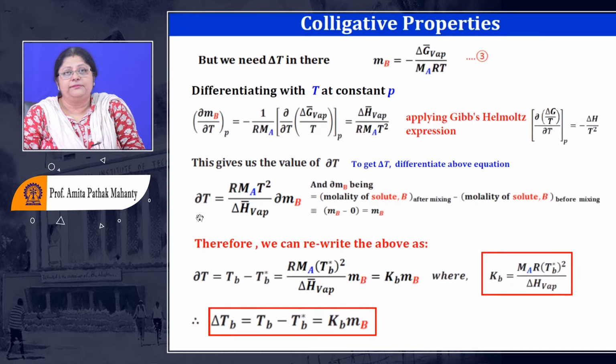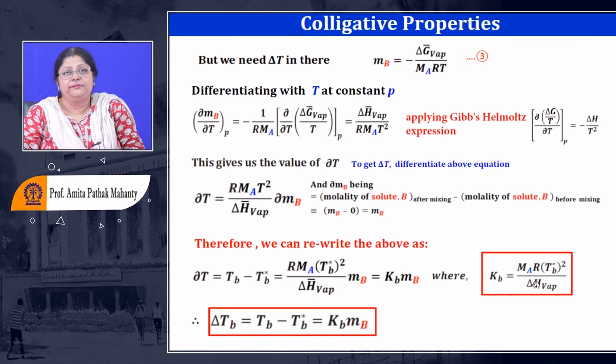And simplify that in terms of the delta temperature change. Since we are monitoring the boiling point, we are going to see the boiling point temperature of the solution minus that of the pure solvent. This is the delta T which we are monitoring. So this delta T is nothing but, if you take this expression out, what we call Kb. This Kb is what we usually evaluate when doing a numerical, for which here I have missed out the word molar. Please make sure that you correct this. I have already sent you the PPT, so I cannot change it.